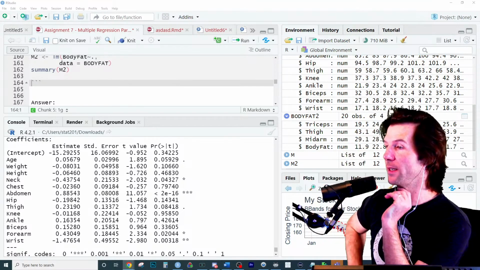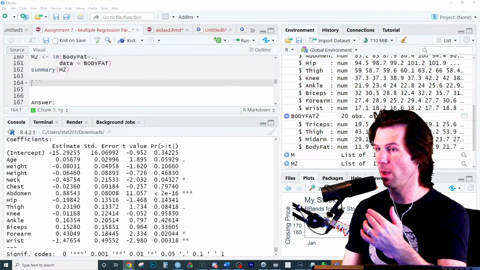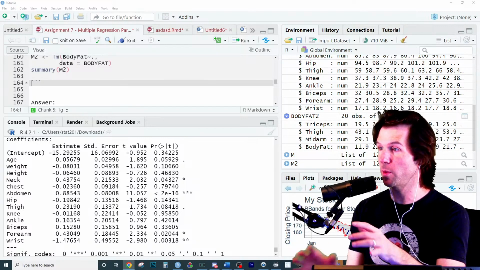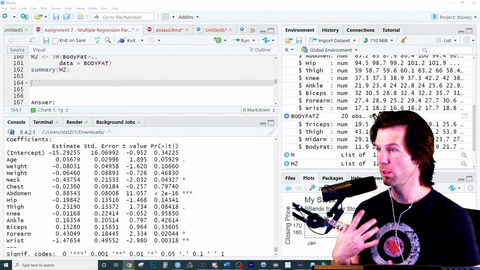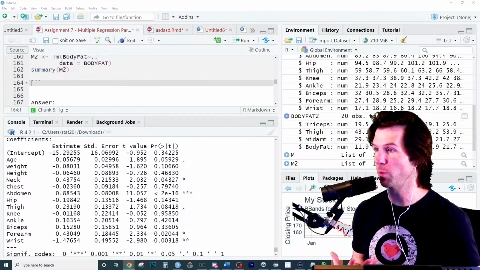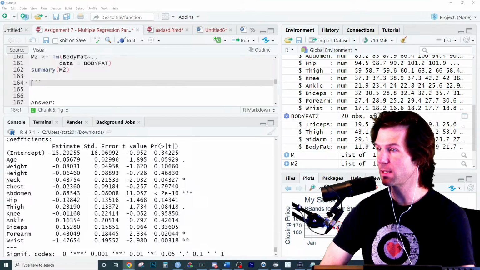If you have two people who are identical, like same measurements, the same age, the same height, the same neck, but one person weighs 100 pounds more. So literally same measurements, but I weigh 100 pounds more than the other person. You probably would expect me what? To be stronger, right? You have to be more compact.